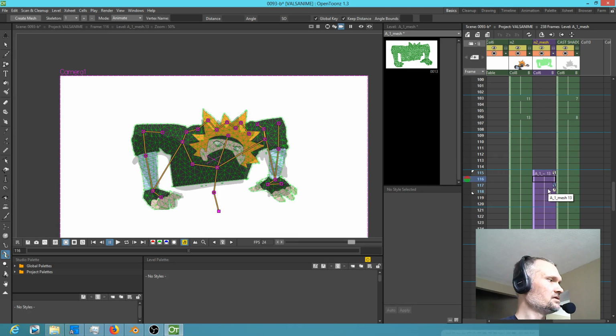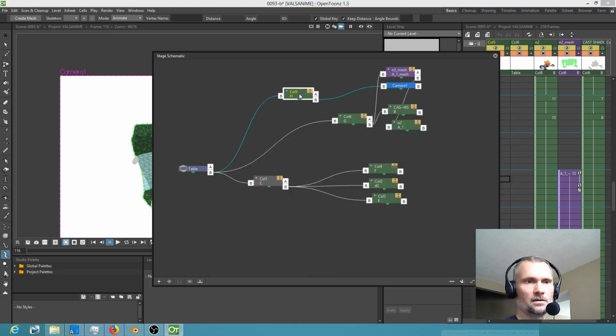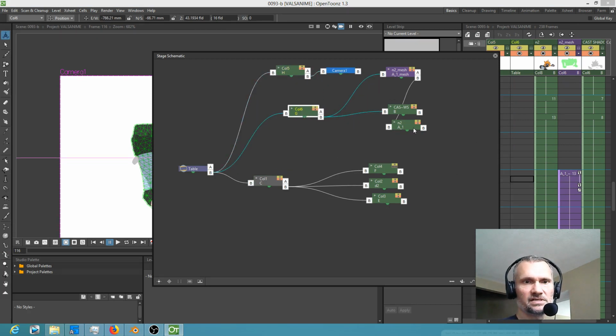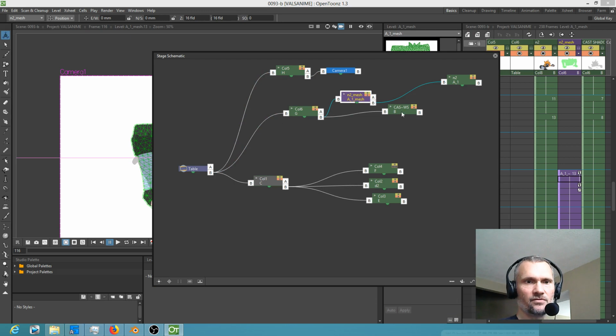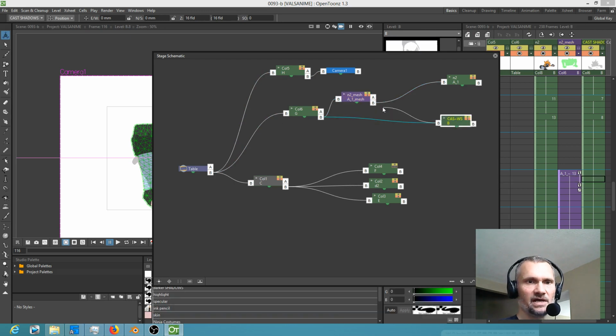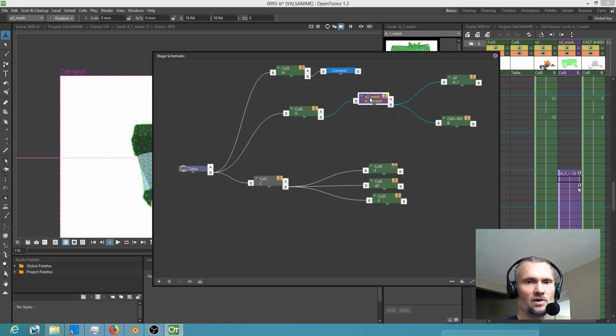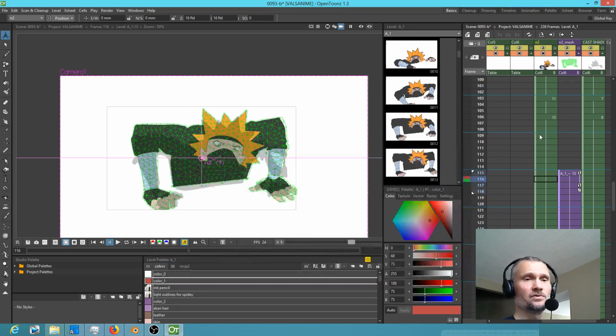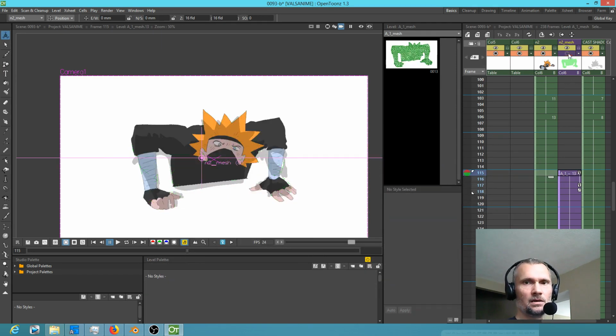Okay, so now what we need to do is go here. And by the way, save all. Save early, save often. So now as you can see, we've got this mapped through the plastic tool. Well, guess what? His shadow needs to be mapped through the plastic tool as well. Except that's going to cause a problem, which we need to address right now. So what I'm going to do is take these two levels and make them so they're not going through the plastic tool,